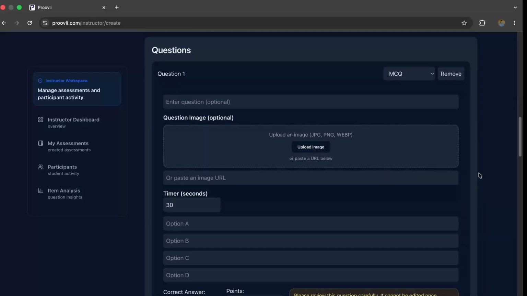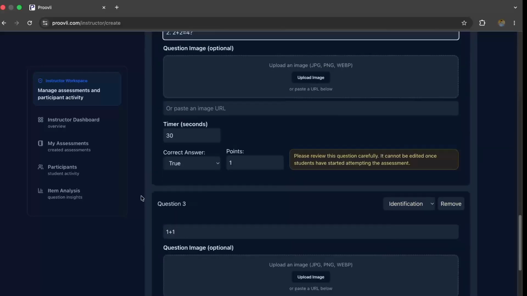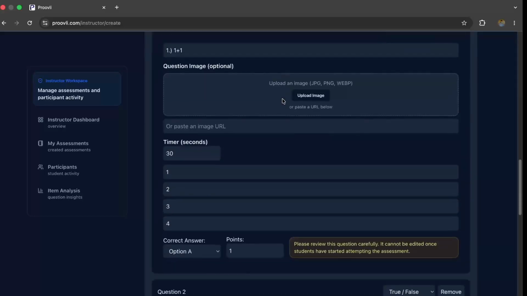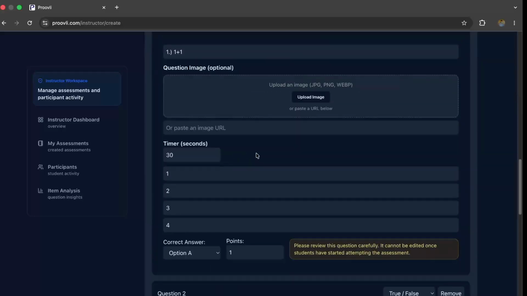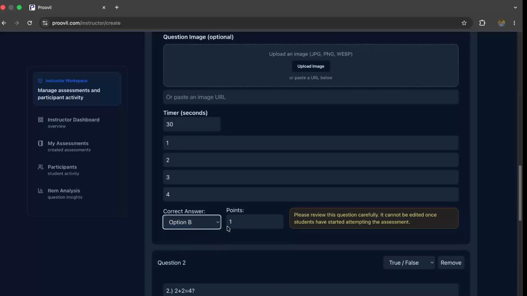Here in Proovli, we do have 3 different types of questions: MCQ, true or false, and identification. So let's create each one of them. Now that we created our 3 different types of questions in our assessment, let me guide you on what's on there per card. Per card, you do have a question title, and you could also put a question image if you do have one, and customize the timer per question. The default is 30 seconds, and choose the correct answer in MCQ,